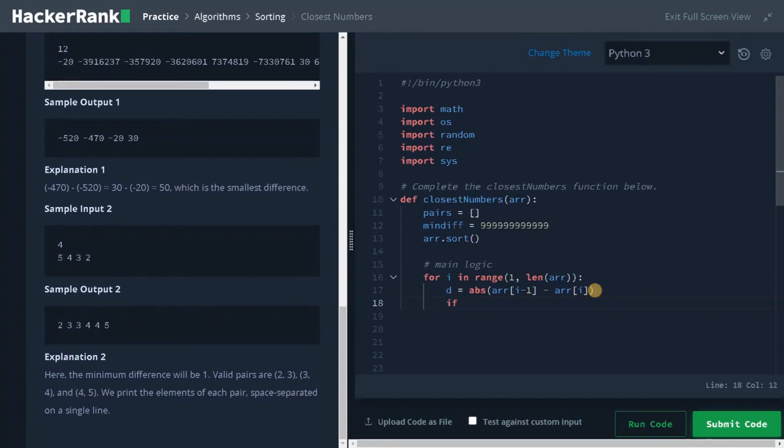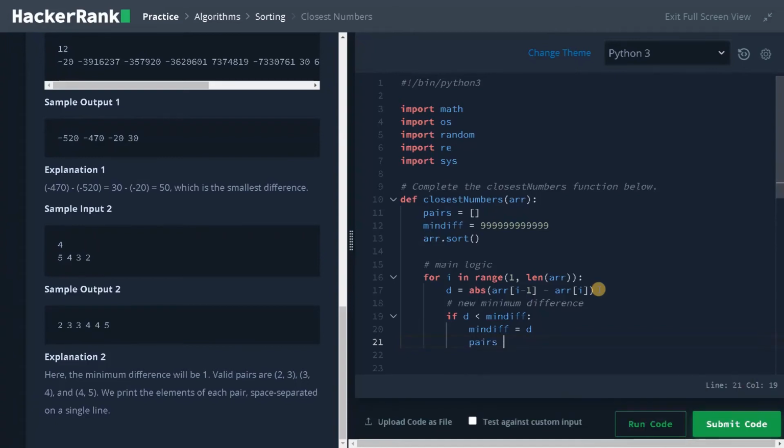Now if d is less than min diff, that means we found a new minimum difference, so we need to update the minimum difference. So min diff equals d, and we need to initialize a new set of pairs.